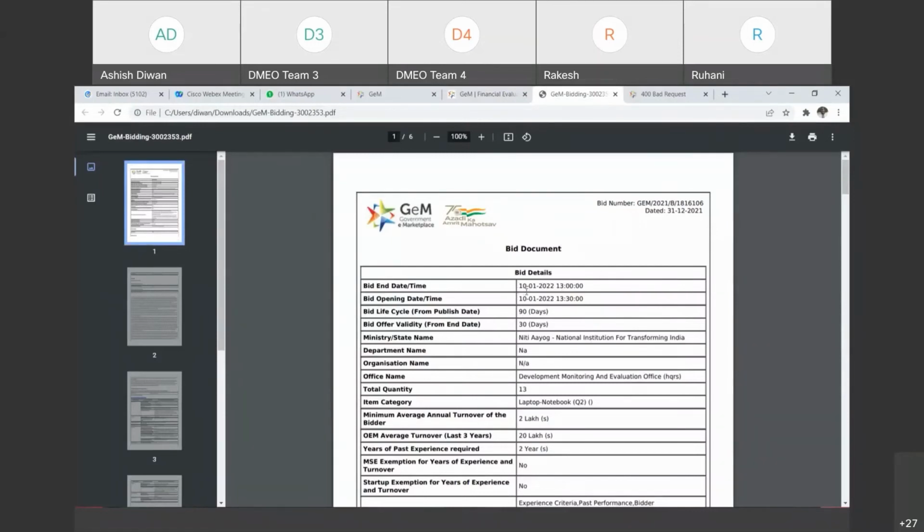ये बिड्स जैसे हम लोगों ने 10 जनवरी को किया था, सॉरी, 10 जनवरी को बिड एंड टाइम था, और बिड ओपनिंग डेट भी 10 का था। बिड हम लोगों ने 31 दिसंबर को क्रिएट किया था, 10 दिन का टाइम दिया था। और बिड लाइफ साइकिल 90 डेज का था, बिड ऑफर वैलिडिटी 30 डेज का था। तो इसमें हम लोगों ने मिनिमम एवरेज एनुअल टर्नओवर 2 लाख का फिक्स किया था। जैसे टोटल क्वांटिटी हमारा 13 लैपटॉप का था, जो कि IFD ने अप्रूव किया था। तो इसमें OEM टर्नओवर, OEM जो ओरिजिनल प्रोडक्ट बनाती है कंपनी, वो OEM होती है, OEM का टर्नओवर 20 लाख हम लोगों ने दिया था।